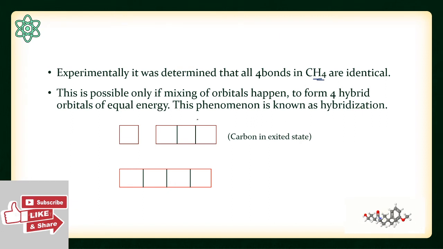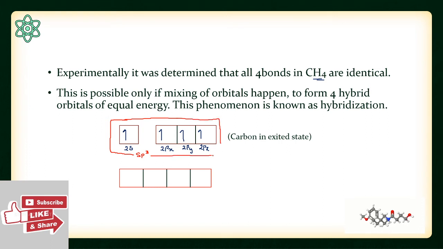So here I'm going to write carbon in its excited state. This is my 2s orbital, so there is one electron in it. Then there is one electron each in the 2p orbitals, which can be taken as 2px, 2py, and 2pz. Now all those orbitals will mix together and form four hybrid orbitals of equal energy, and the hybridization will be sp3